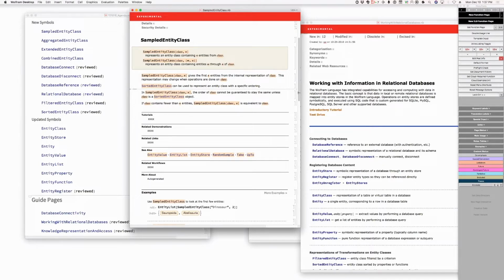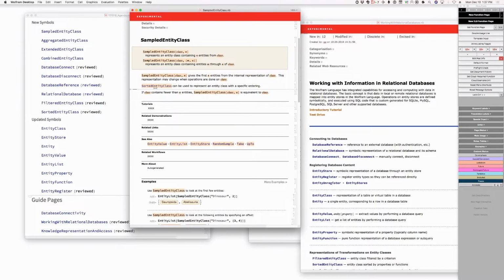I think this is sufficient. Basically, it gives a hint that if you want something with, I mean, we can give examples down below. Why don't you then just write sorted entity class as class or something like that to connect it to the class argument of the sample entity class? Because that's specifically not what I was trying to say. Okay, if you say, okay, look,